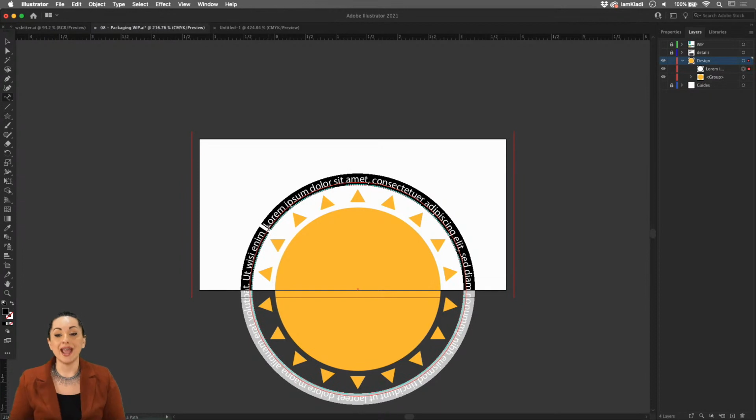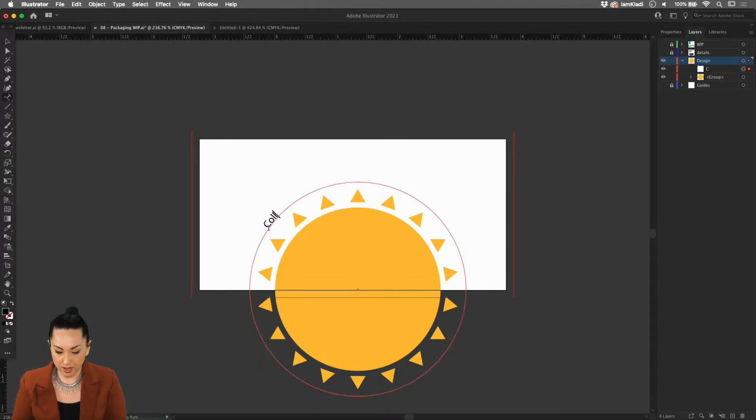And now remember, every time that you're going to be using your shape as a placeholder for a type on a path, your shape is going to disappear. So if for whatever reason you wanted to keep that circle, always make a copy, because otherwise it will just be used as the outline on which the baseline of the text will be located. So as I mentioned, I'm going to design a tag for the collection. So spring